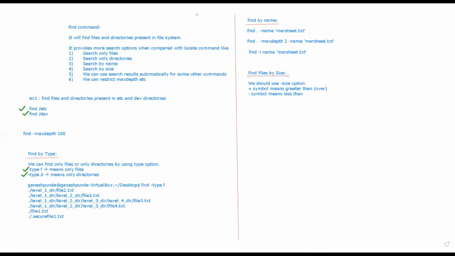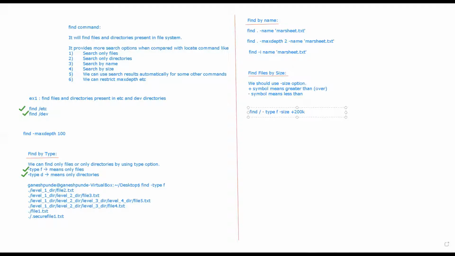So what you can do is say find type f. Let's say I want to find files whose size is less than 200K.